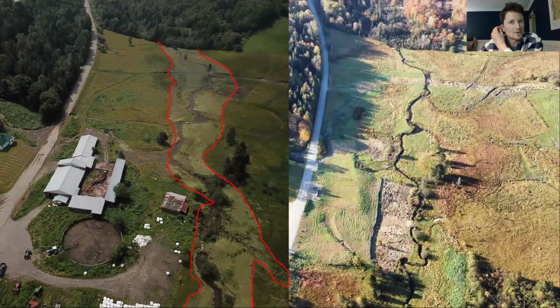So this is a before and after. Jud was a hero because he came out the day we were starting this project on an emergency call that I made to him. I said, Jud, we had a major flood. I need you to bring your drone. And you can see the red line delineates where the floodwaters were. And guess what? This whole barnyard area that we reclaimed, there was no floodplain connection happening here. This is another portion that we reclaimed. This is a third portion that we reclaimed. This turned out to be like a 200-year event. Or sorry, 550 CFS event on the day that we were starting this project.